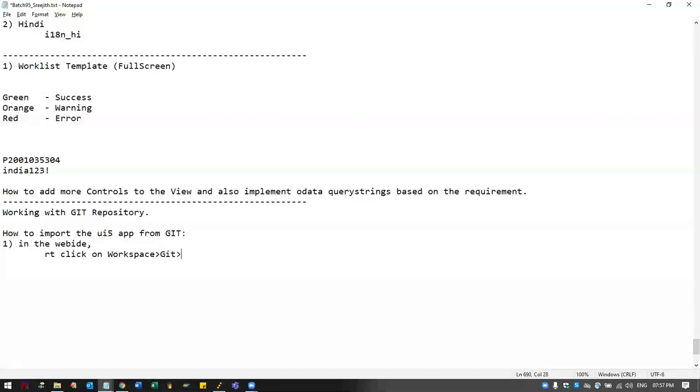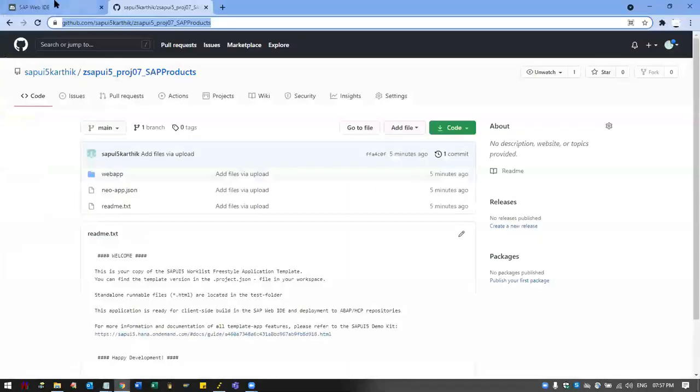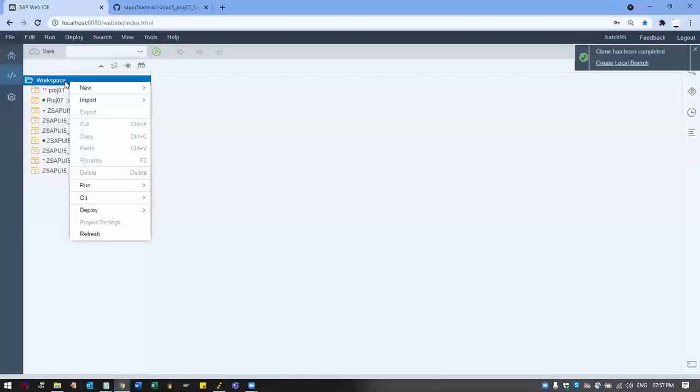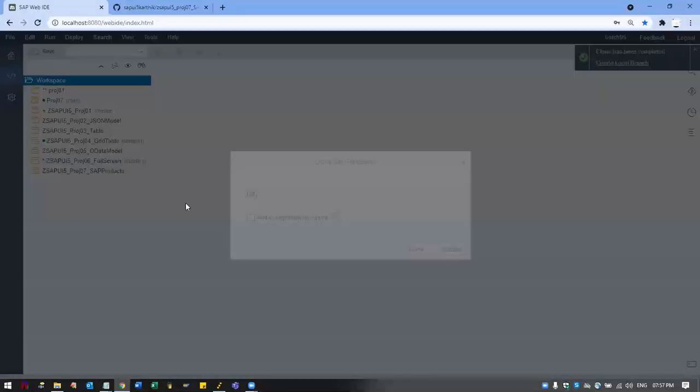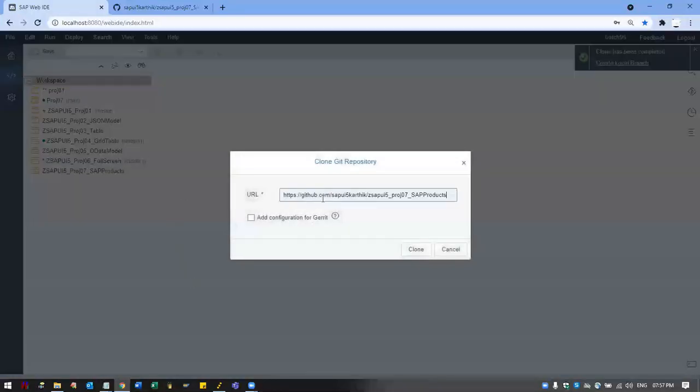Yeah, Git clone repository. So this is the main interview question also and certification question also. So go to the Web IDE, right click on the workspace, Git clone repository, and give that URL which I have given you, and click clone. This checkbox is not required. Now enter that and click on clone.